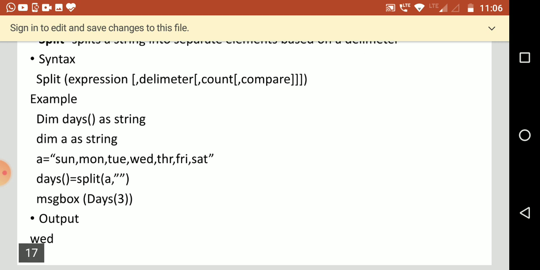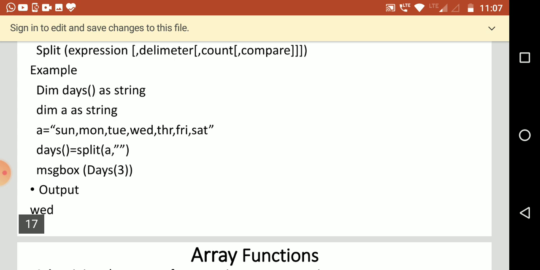Here you have a string variable declared, A is a string variable. You are assigning 7 different strings to the variable A. Then you say days is equal to Split, A comma, and you give the separator.